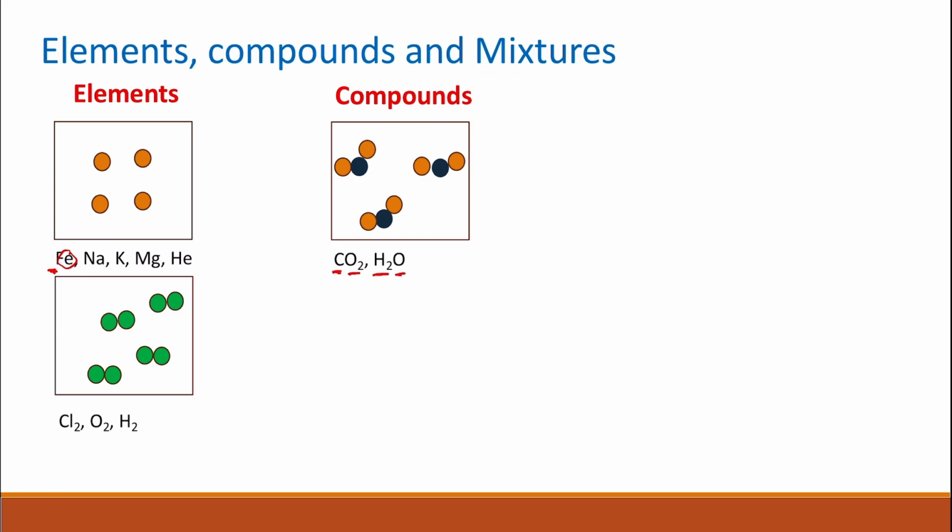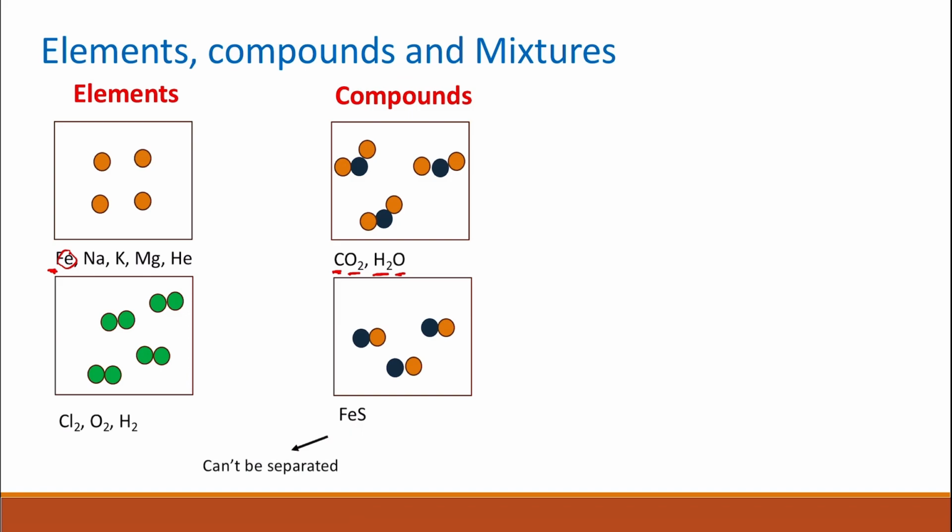and one oxygen. This is another example of a compound which is formed of two different atoms which are chemically combined, and an example of this is iron sulfide. The compound, because they are chemically combined, cannot be separated. The different components or the different atoms in the compound cannot be separated by physical processes like filtration, distillation, and